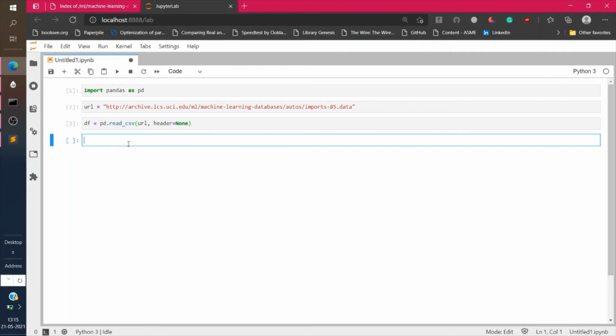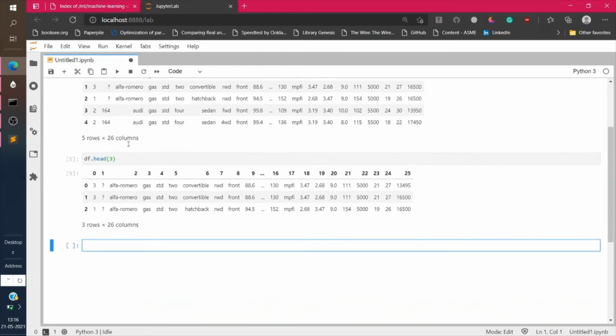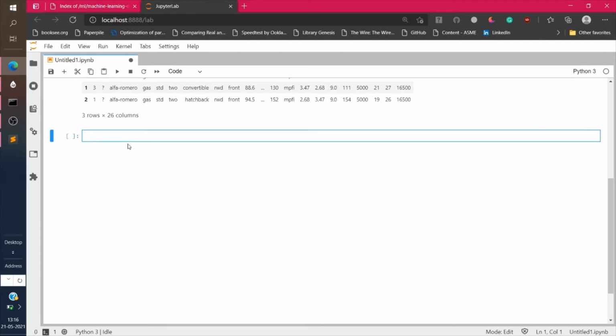To save time and resources, we can just use the dataframe.head method to display the data frame's first n rows instead of printing the complete dataset. Similarly, the dataframe.tail method displays the data frame's bottom rows.